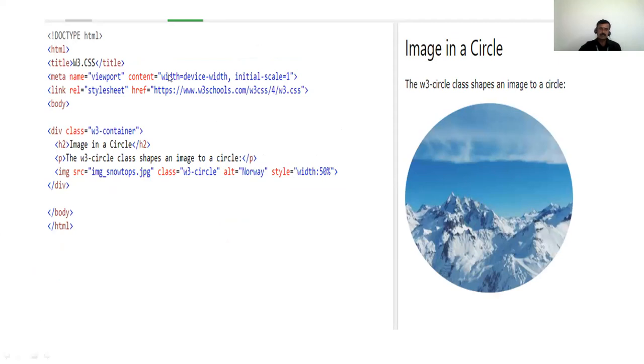For examples, if you need, you can go to w3schools.com. It can be displayed with a meta tag. The same thing we use in the div tag with src. We can use any one image. In the class, you can use w3-circle. If you want to apply a border, we mention w3-border here. The alt and style attributes are optional. If you require, you can specify a lot of properties, otherwise not. But w3-circle is mandatory.